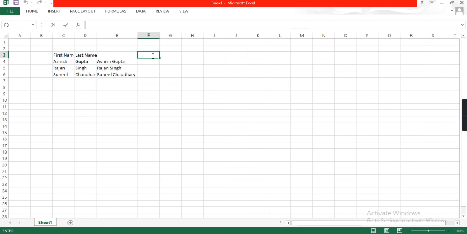So if you have to concatenate these two columns into a third one, how would you do that in Excel? This is the formula in Excel. First you choose the C cell, then this ampersand sign, which we use for concatenate.